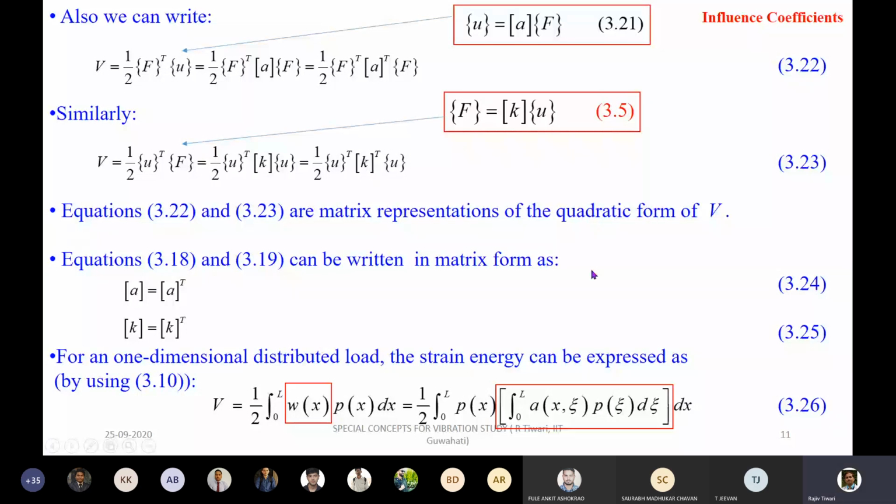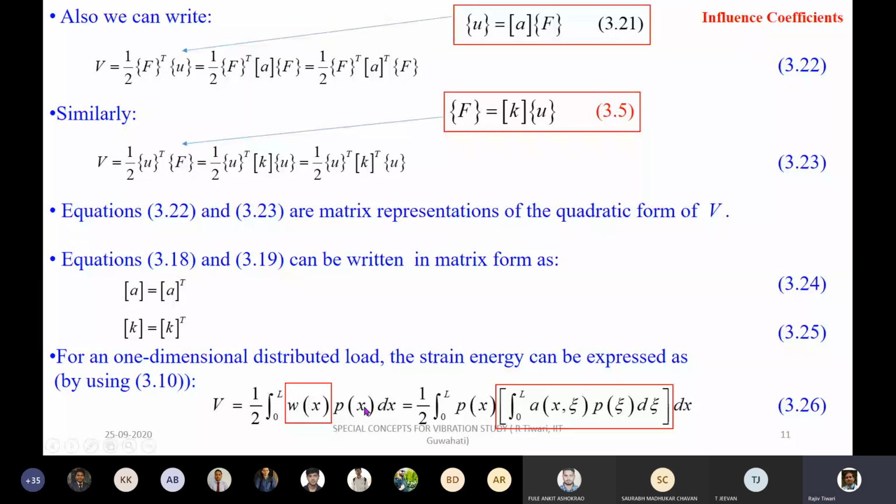So this we already saw, the symmetry of this. Now the same concept we can apply to the continuous system. Let us say the one-dimensional case, in which the potential energy can be written as: this is the force applied, and at one particular location this is the displacement, half. So this will give the potential energy because of a small force at some location, at x location. But if we integrate over the whole domain, we will get the total potential energy in a beam case.